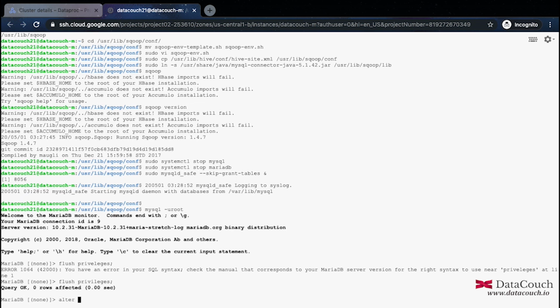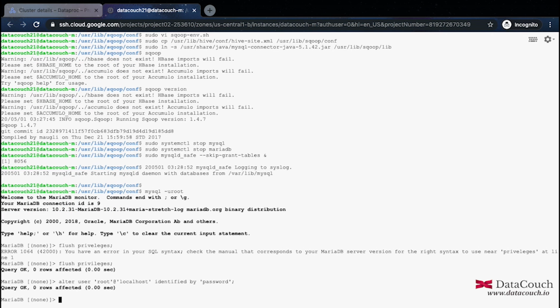So I'm just doing alter user and then it is root, and after that I'm changing it, this is localhost, and so I'm changing it to password. So I just wrote a line to alter this user root on the database server localhost, and the password is password.